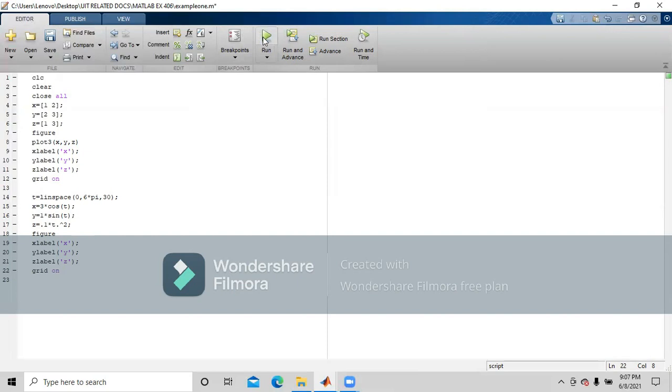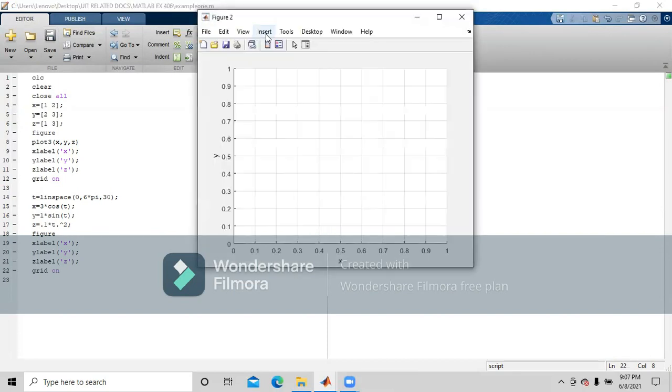Okay, so let me just run it and see. First you have to save it and then you have to run it and then see what is the result. So there is some error which has occurred. Let me just see.